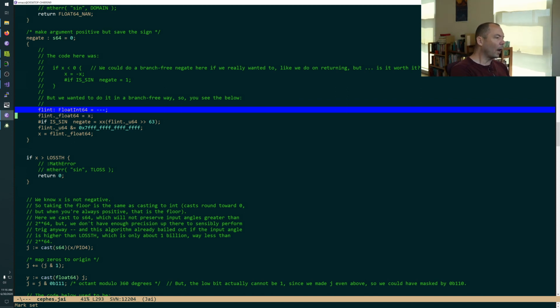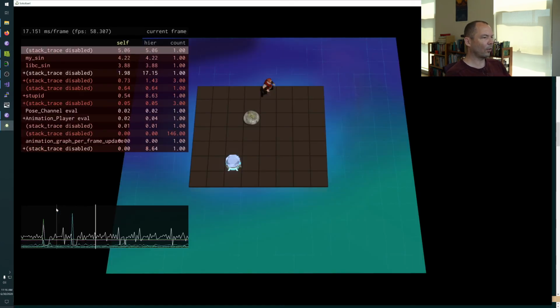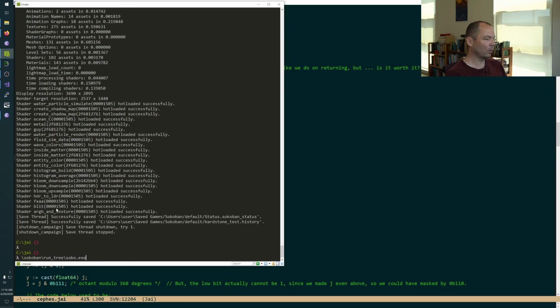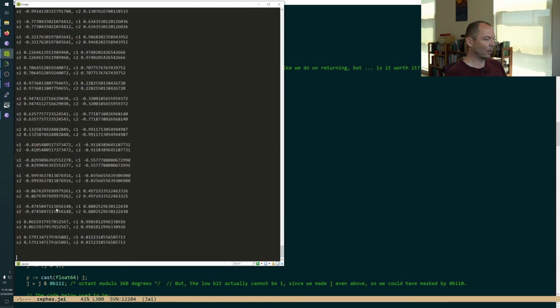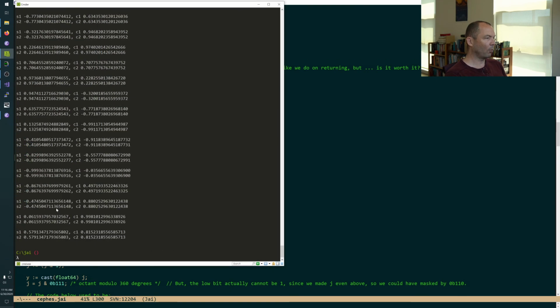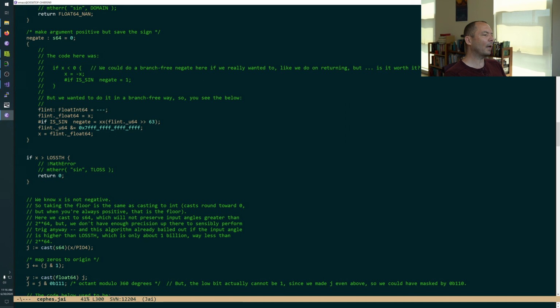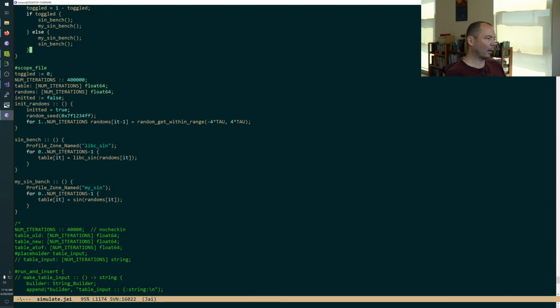So I think this is enough tweaking, right? At some point, we just need to do algorithmic changes. This has been very good progress on this. So let's go back. We're basically tied. We're a little bit slower on random angles. If I go back and change this to non-random angles,